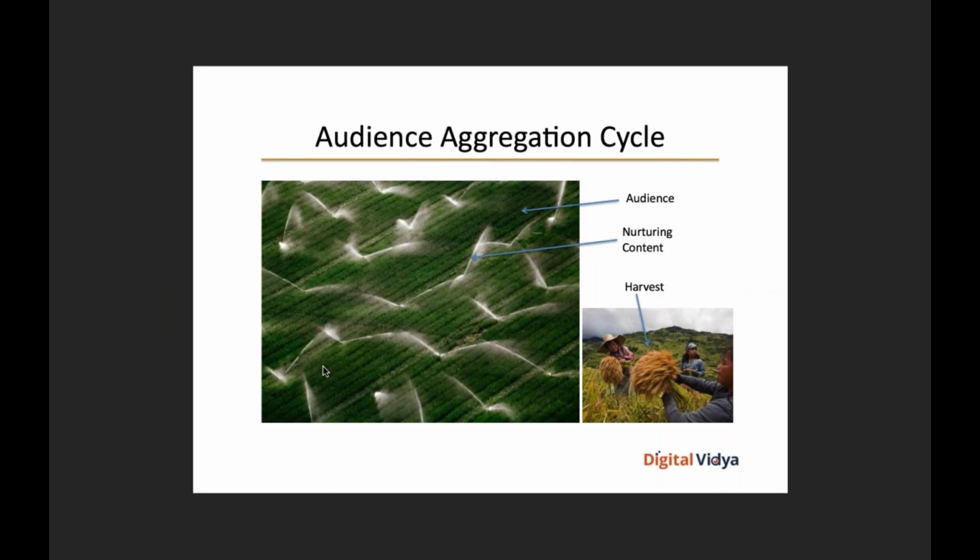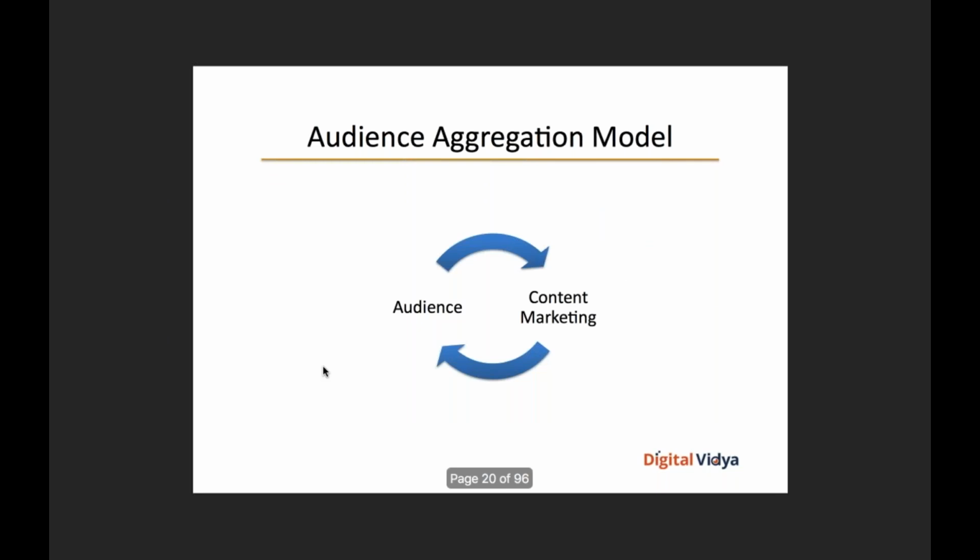So this is essentially what we've been talking about earlier. You have an audience, a universe of people who have more than a passing interest in spending money with your brand. You take them through nurture streams, and then you eventually harvest them, which in our context would mean an actual sale or a purchase. So audience aggregation and content marketing go hand in hand. You have an audience and you harvest that audience through inbound interest, and you use content marketing efforts to make sure that you qualify the audience set as they go through the entire purchase decision making life cycle. This is essentially what I was talking about earlier, right?